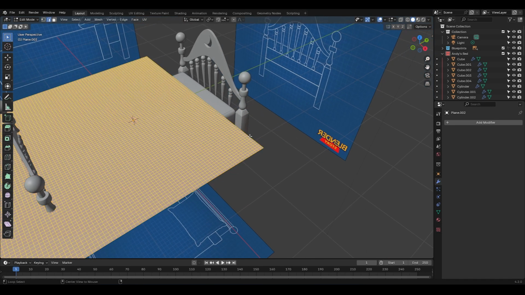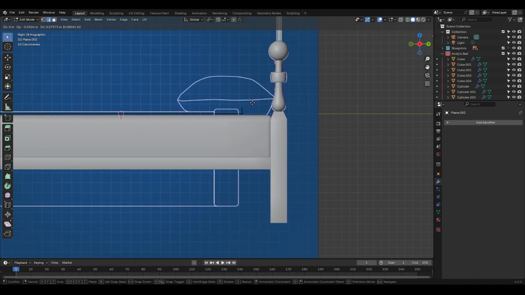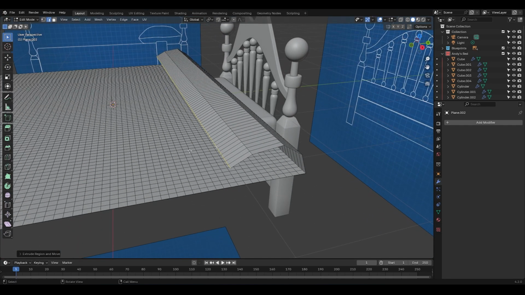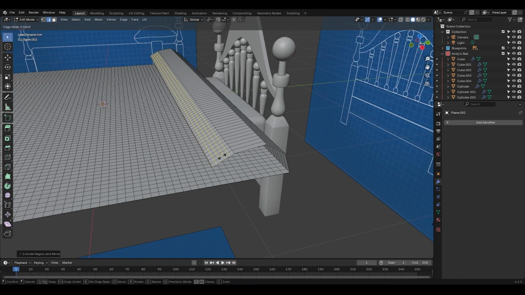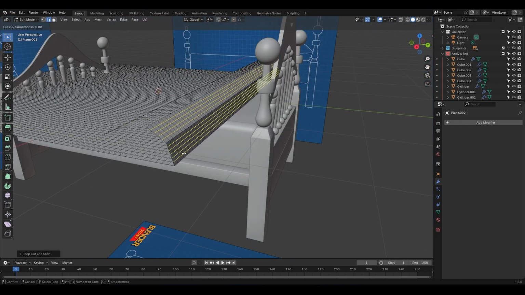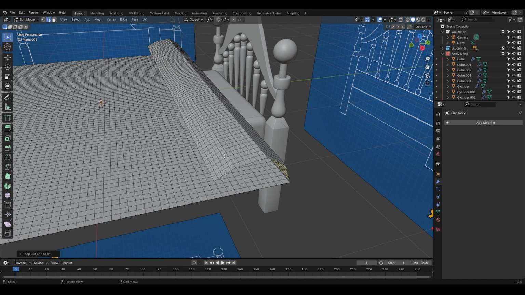Okay, now I'm going to select this edge loop, go to the right view, zoom in a bit, press E to extrude, and extrude a few more times to position the vertices like this. Alright, now let's go back to perspective view. Notice that it's better if the faces are square, and we actually want a regular square distribution. As you can see, these faces are roughly square, so I'm going to add a few more edge loops to the parts that were extruded, making sure the faces end up close to square. Alright, that's done. Now I'm going to return to object mode,